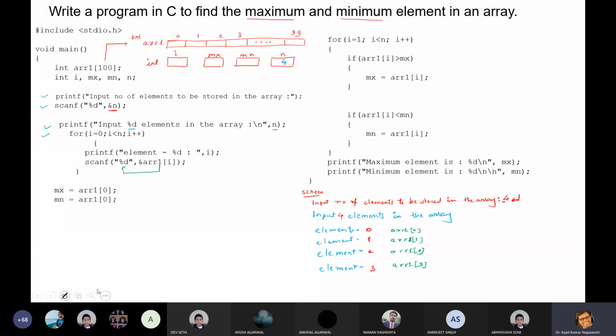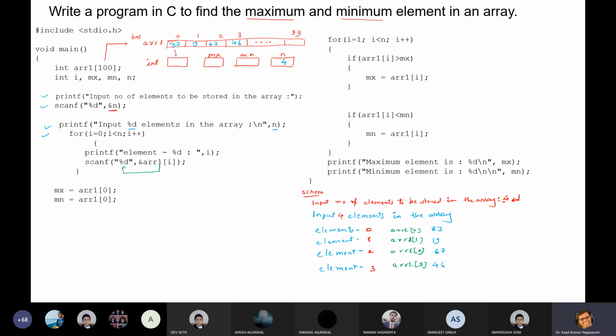Now, what value will be entered here? Suppose I had put 87. Now 87 will be stored at this place. Suppose 19, so 19 will be stored at this place. Then 67, it will be stored at this place. And 46, so 46 will be stored at this place.